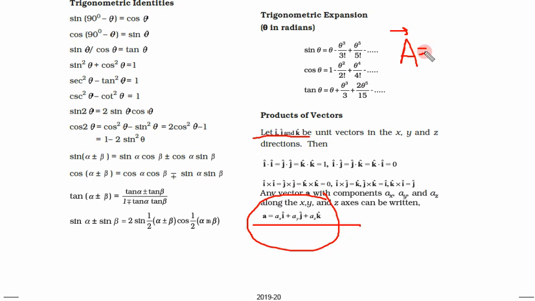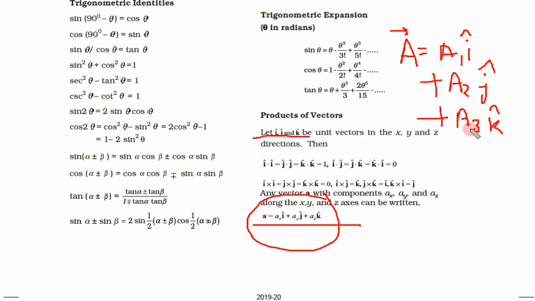Sometimes it is shown like this: A is equal to, let us say, a1 i plus a2 j plus a3 k, where i, j, k are unit vectors and these are constants. A constant can be 1, 2, 3, 4 and so on, even minus, also 0. Suppose the constant a1 is equal to plus 3, a2 is equal to 0 and a3 is minus 2.